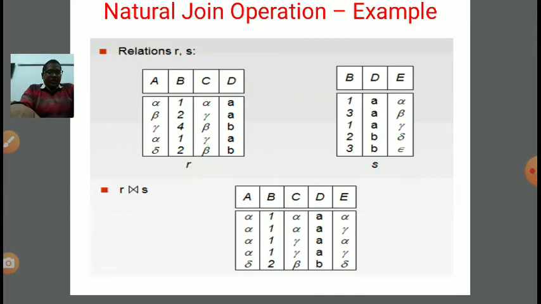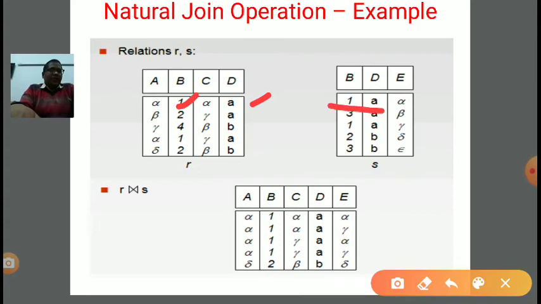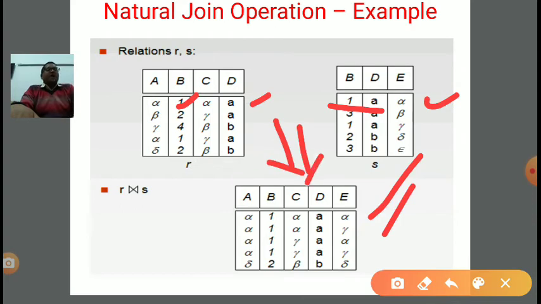So if you see, there are only how many rows? 5 rows are there. So from the ABC we will check the common attribute BD. Suppose the common attribute is BD. In the first relation, the B first row value is 1A, and here also 1A. It means it will be picked, right? So the common attribute value should be the same in both relations, then only they will be picked and added into the final relation. So in this manner the output can be gained, right?